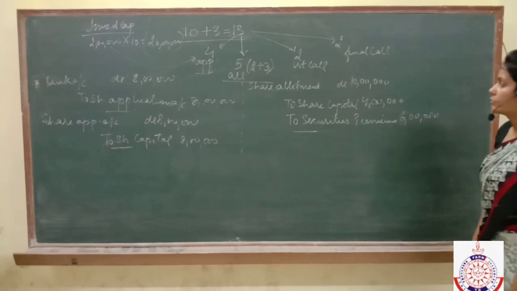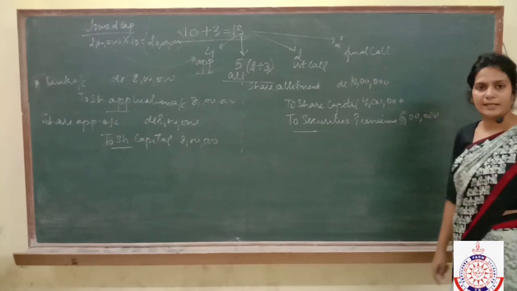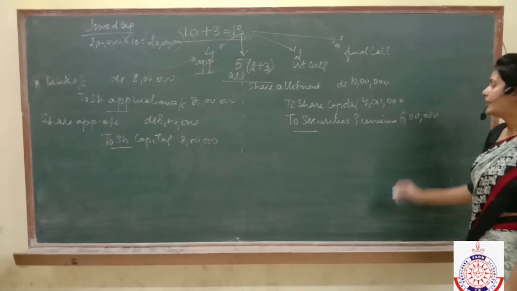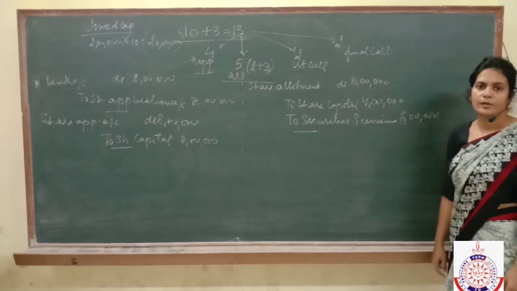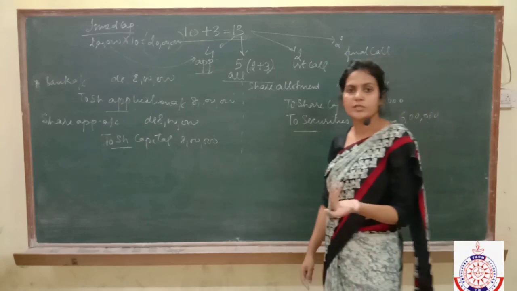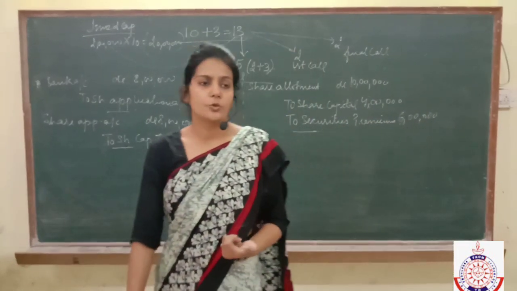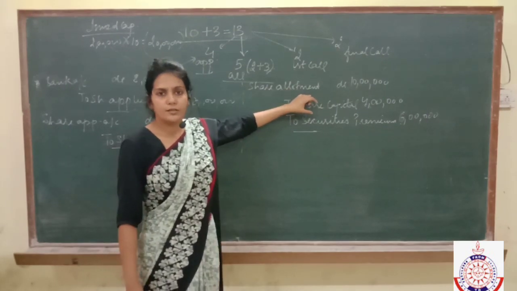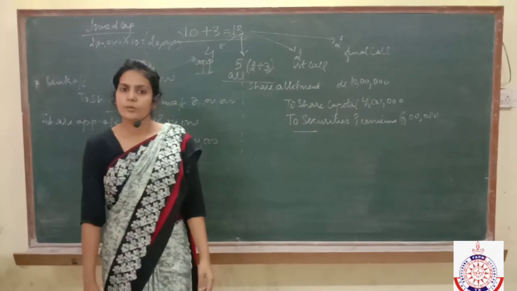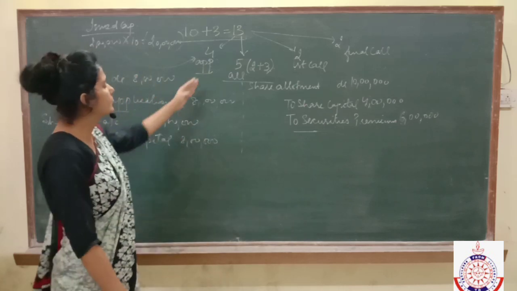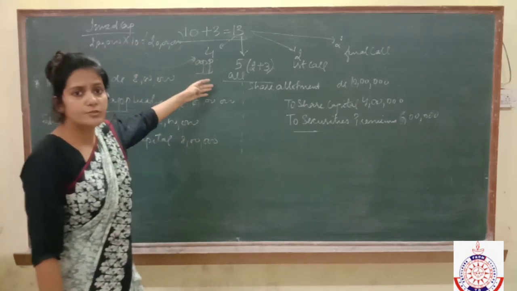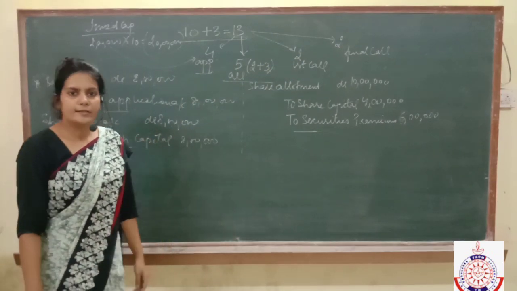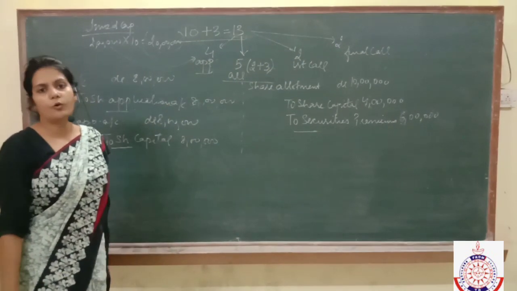Now you will tell the shareholders that you have to give ₹10 lakh to us. And in this 10 lakh, 4 lakh is the actual amount of share allotment and 6 lakh is the premium, because we are selling costly shares and you are ready to buy also. Now you have become our shareholders. So 4 lakh you pay us, which is the actual amount of share allotment, and 6 lakh is the amount of premium. Now this premium may be included in application also. This premium can be included in first call and final call also. But if nothing is mentioned, then it will be a part of allotment always.